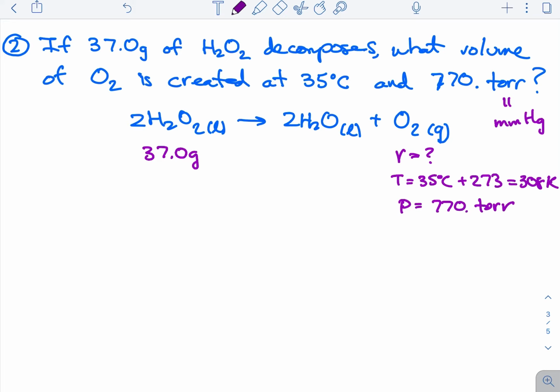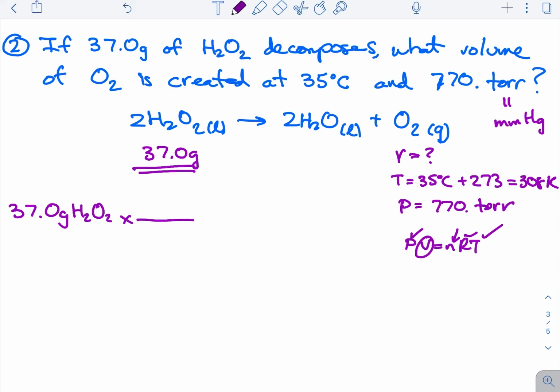So notice here that for PV equals nRT, you always know R. We're going to use the torr value of R. You're given the temperature, you're given the pressure, we're looking for the volume, but notice we don't have an n to plug in. Well, how do we get the n? That comes from the 37 grams of hydrogen peroxide that's decomposing, because you all are really good at stoichiometry now,